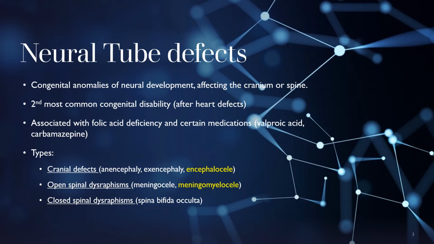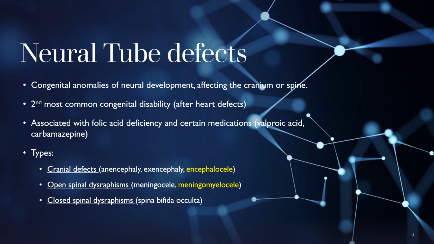So just some background information first. Essentially, neural tube defects are congenital anomalies of neurodevelopment. They can affect the cranium or the spine. Just after heart defects, they're the second most common congenital disability, and they're associated with folic acid deficiency and certain medications, which are typically folic acid